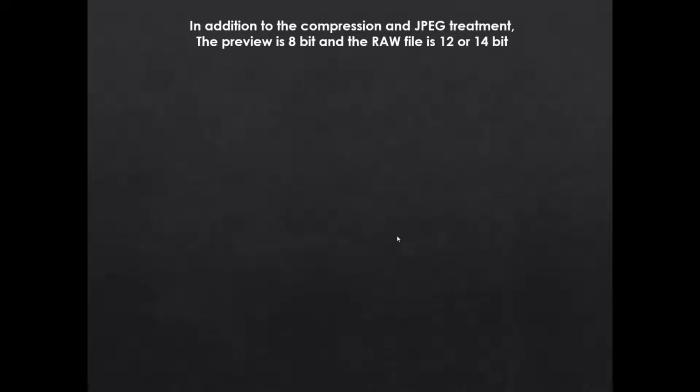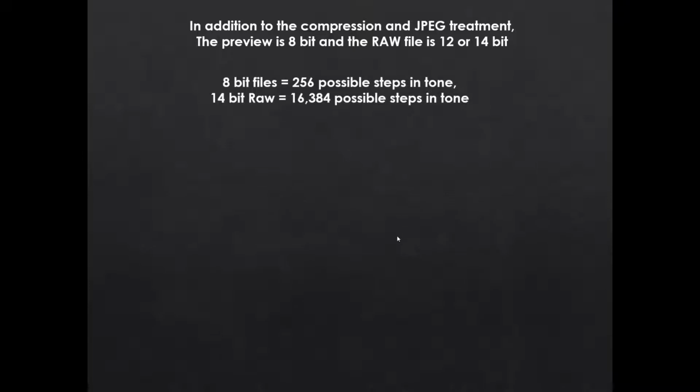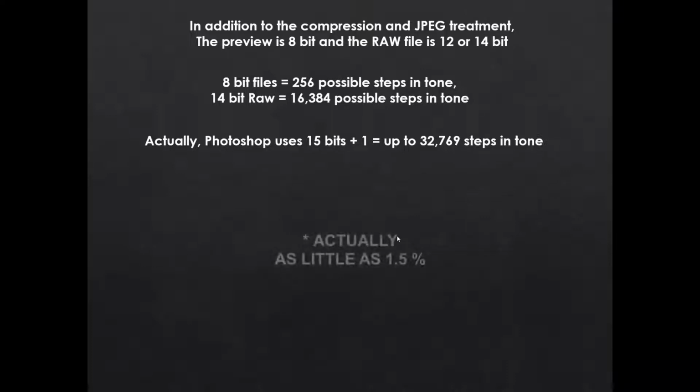And of course, one of the problems is that when we're looking at a JPEG file, it is only an 8-bit file, which means that there is a maximum of 256 levels of tone, whereas a raw file is either 12 or 14-bit, depending on the capture method. So in compressing all that raw data down into a JPEG file, you're really only viewing about 5% or less of